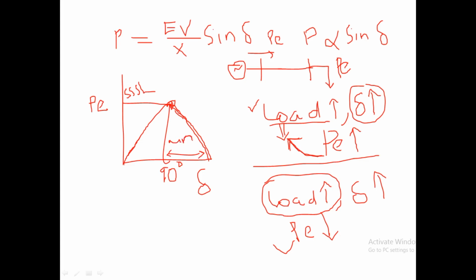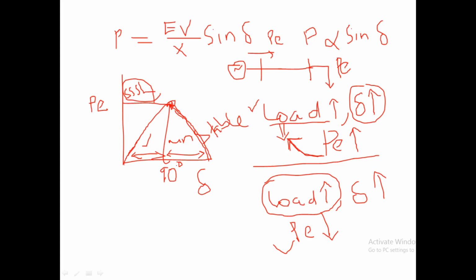That is why we say after 90 degrees the system will be unstable. So here it will be unstable, after 90 degrees, and here the system is stable, up to 90 degrees. So 90 is the critical point for this stability. The stability is steady state stability, and 90 is the critical point. That is why we call this point the steady state stability limit. That 90 degree point is known as the steady state stability limit.